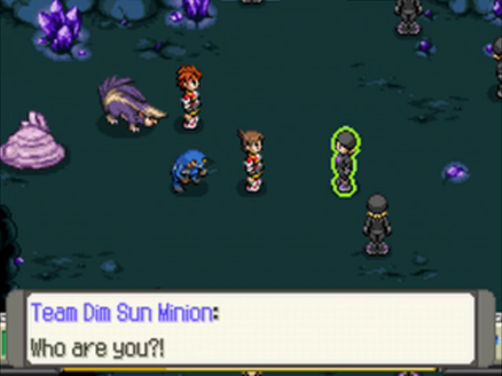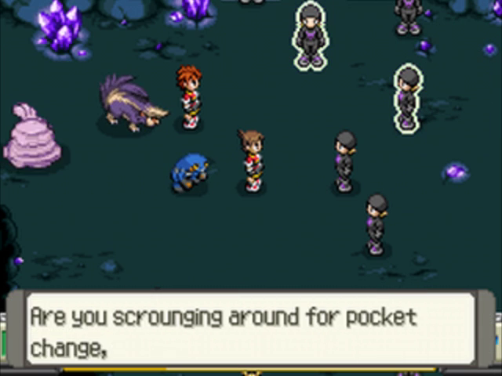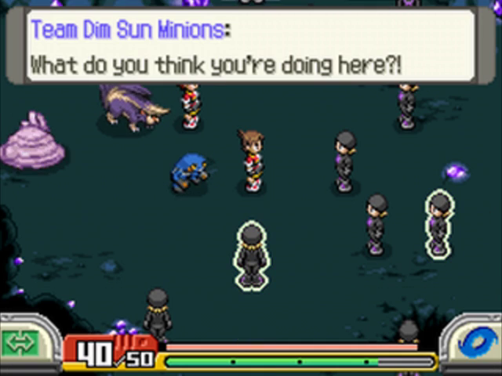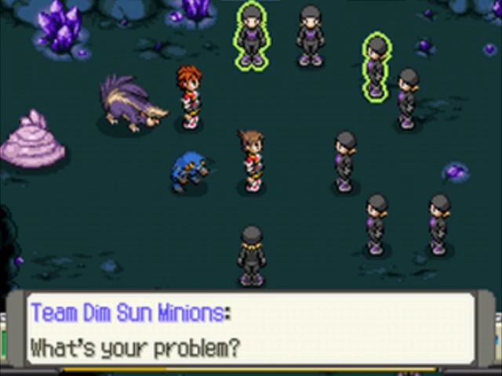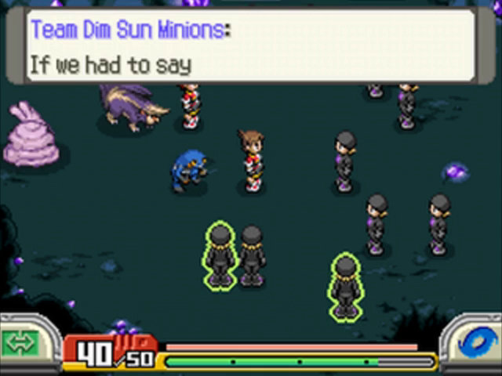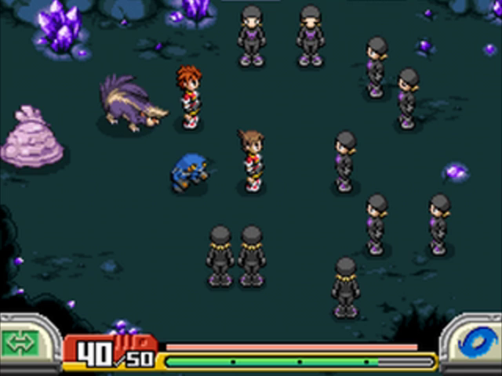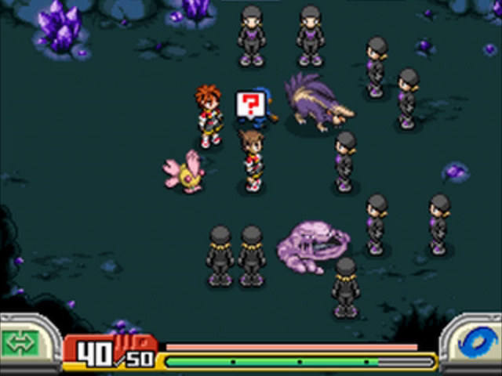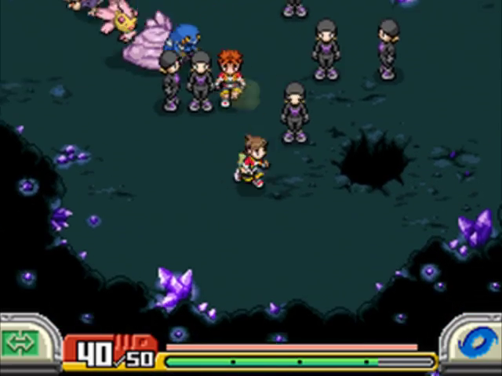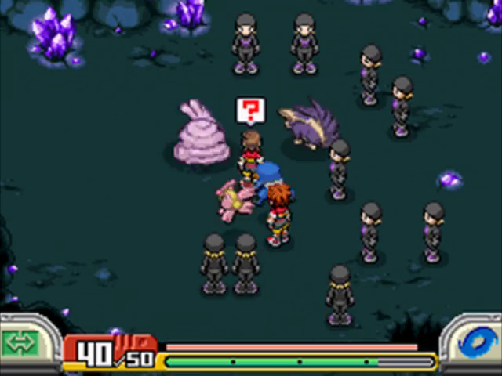I definitely read that as Team Dim Sun Moon. I was like, what? But no, Team Dim Sun minions. Just confront them. They definitely seem to be the lowest of the low-level grunts, though. They don't even have many Rimos to challenge us. They're just kind of swarming us and blocking us off here. I mean, is it illegal to harvest crystals? I guess. I mean, they definitely seem like the gruntiest of the grunts here, but, as you can see, if we wanted to, we could use Skuntank's gas to flush them out. And, well, unfortunately, Keith won't let us go on until we do that, so...